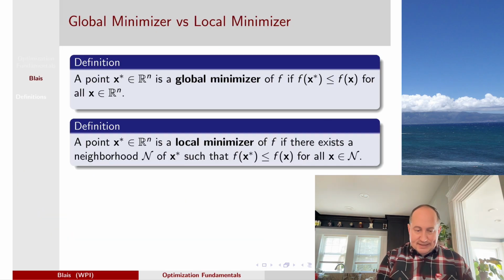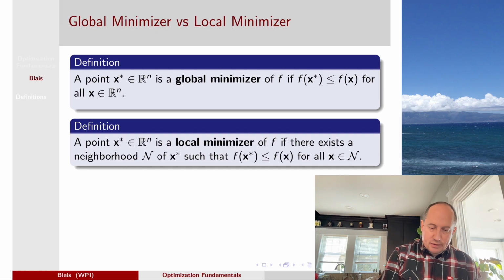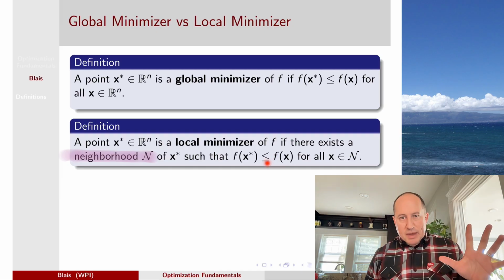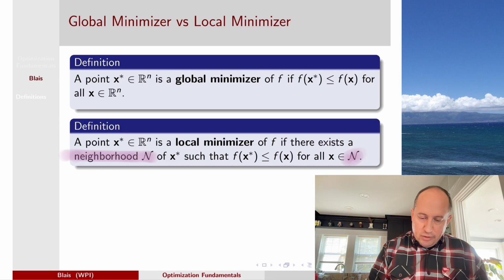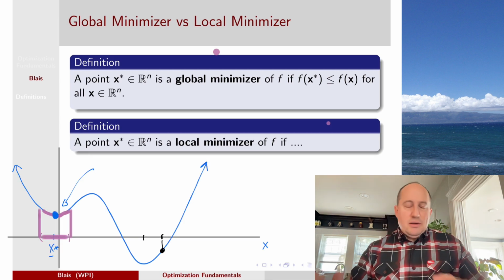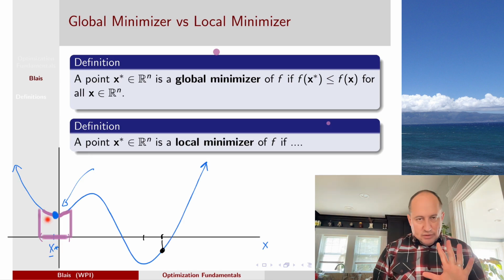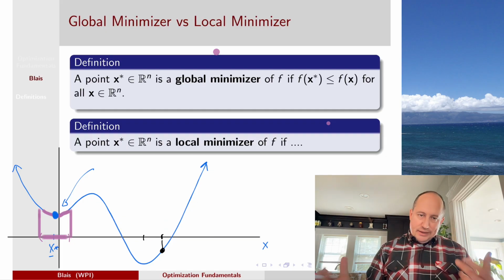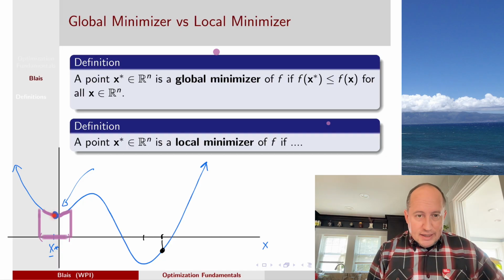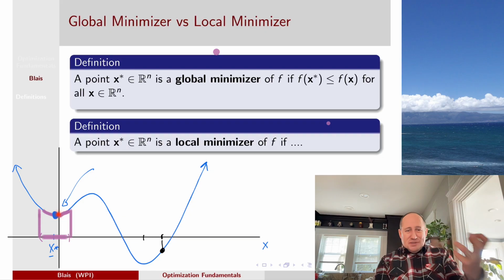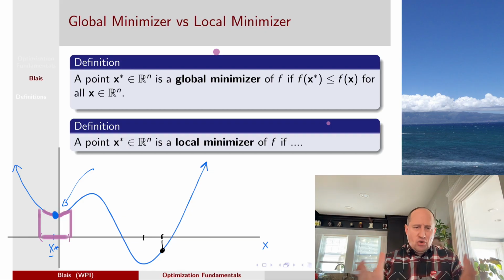So if there exists such a neighborhood, N, of x star, such that we have that minimum condition, f of x star is less than or equal to f of x for any x chosen from that neighborhood. And it's worth thinking about this just for a moment as we're getting into the fundamentals of nonlinear optimization. One of the challenges in nonlinear optimization is not getting caught in a local minimum that is also not a global minimum. Now, of course, we're drawing this picture here with a function of one variable, but if you have